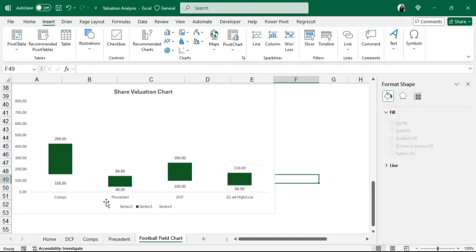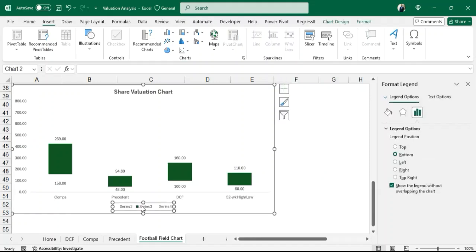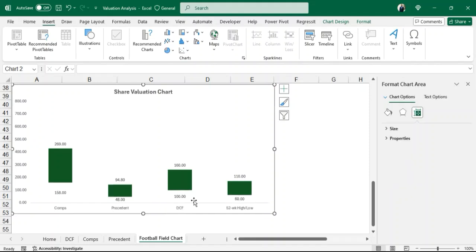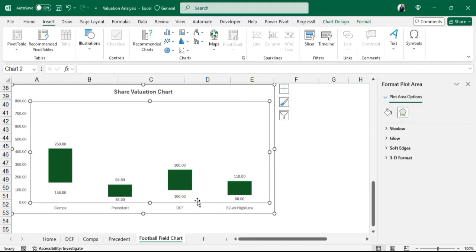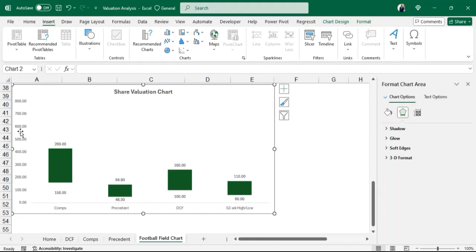All right, then again, because we now have this, we can delete this, select this series here and hit delete, and also the line here can also be removed, but we can limit it like that. But as you can see, the chart is actually moving downwards, and so we can do a bit of formatting once again. So let's edit this